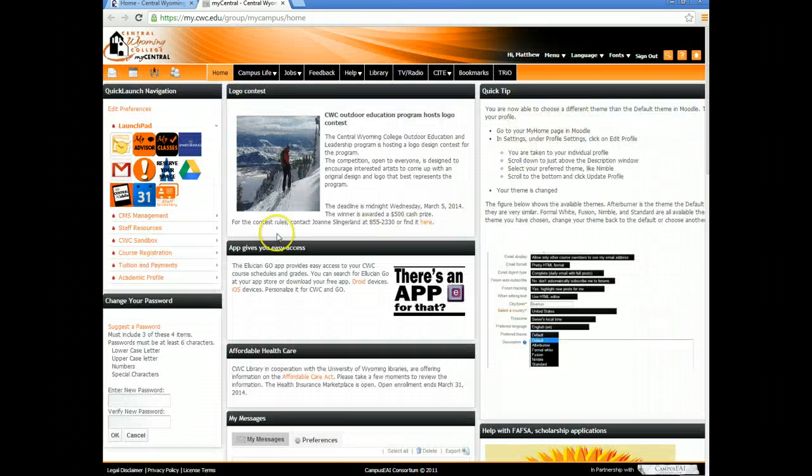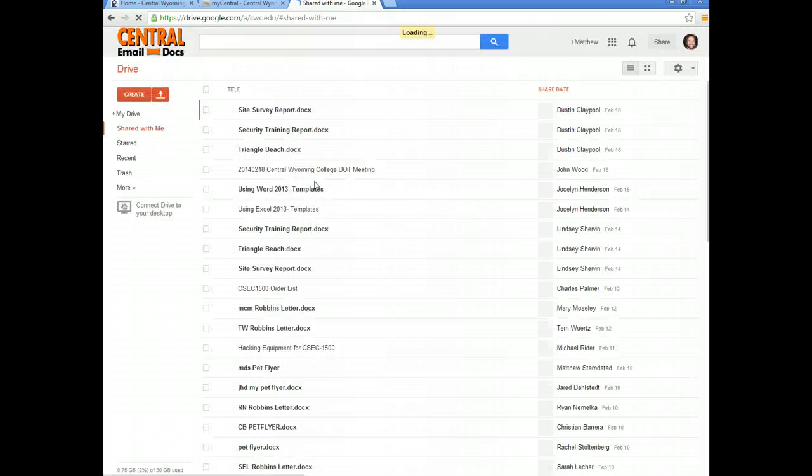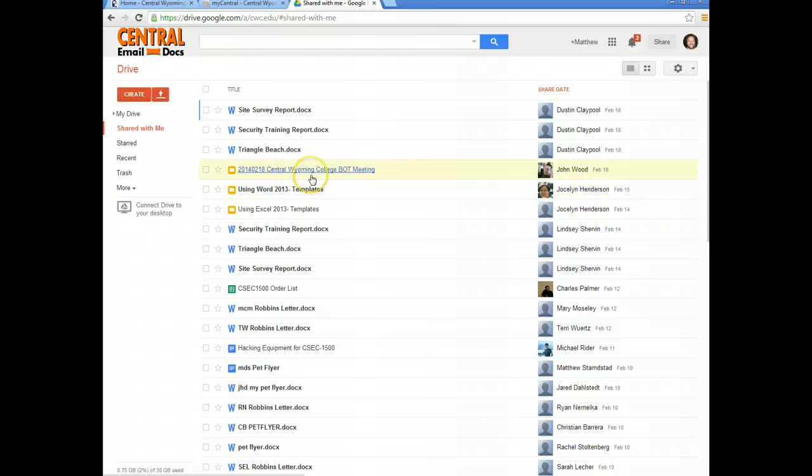Once you're in My Central, I want you to click on the Google Drive button. That's the CWC Cloud Document Storage. It's the one that's the green, yellow, and blue icon. Once you've clicked on that, and you can pause this video if you need to go back and look at something,